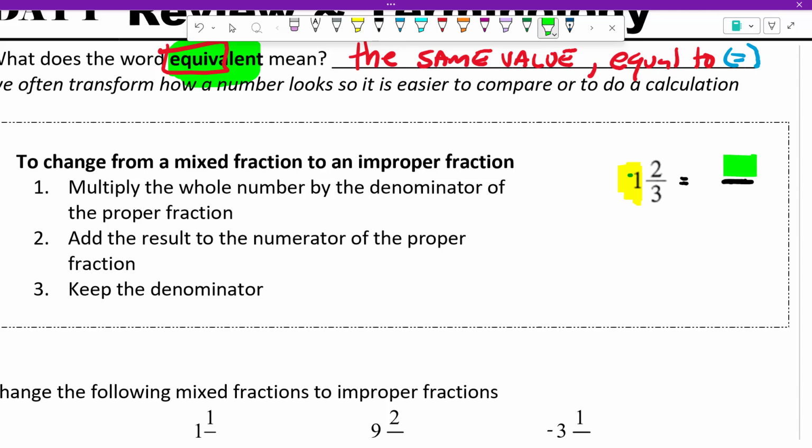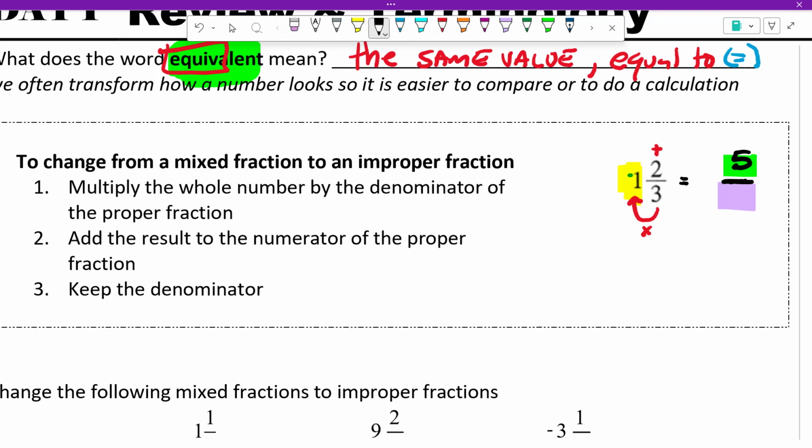You have a number on the top, and you have a number on the bottom. How do we convert this? Yes, Nika? So the whole number times the bottom number, plus the top. Plus the top, right? So if you multiply these together, 3 times 1 is 3, add the top, 3 plus 1 gives us 5. What number does that give us? Does that give the green number or the purple number? Green number. Green number, that is our numerator, the top number, right? So that gives us here